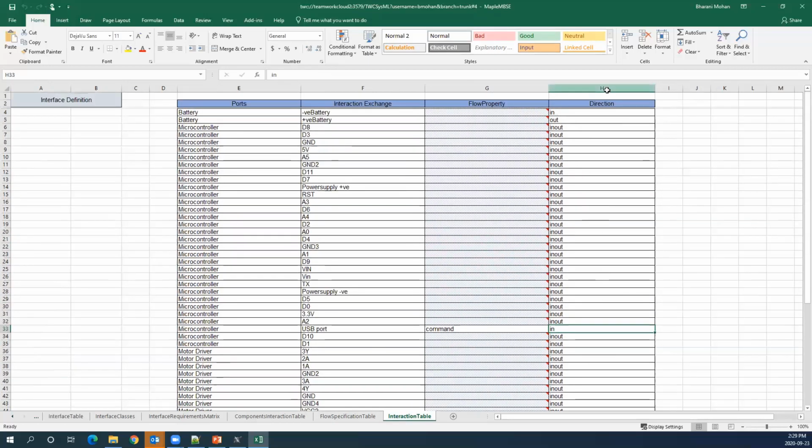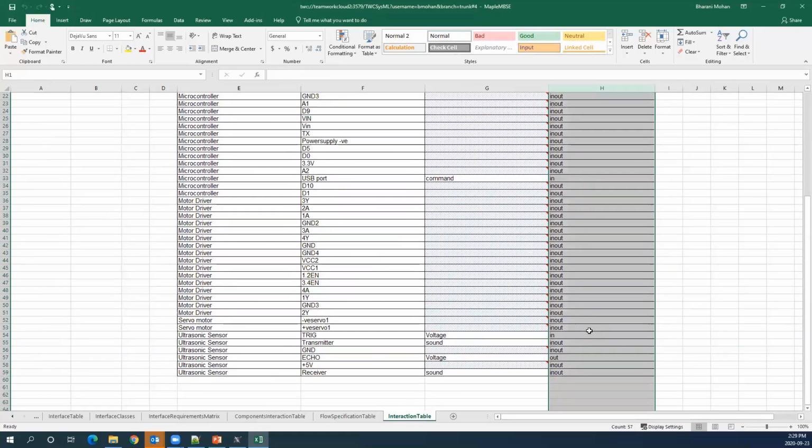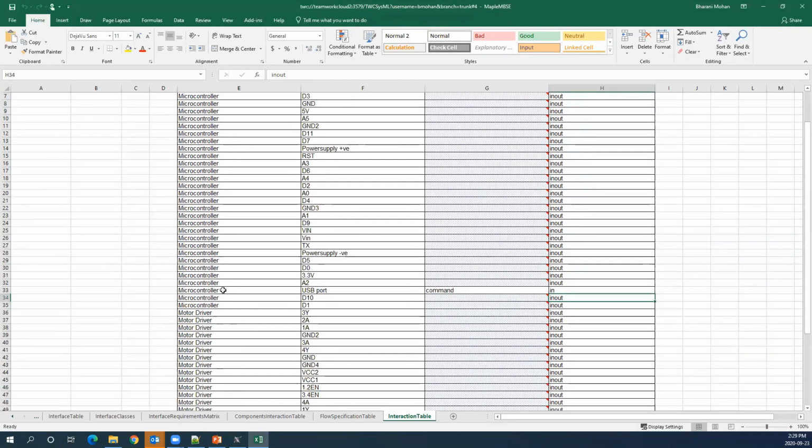And here, for all the port directions, as you can see, it's very easy to change this information as a subject matter expert in the system's interfaces. They would know what will flow in, what will flow out, what are the different interfaces that have to be created for the system, what should be the property.